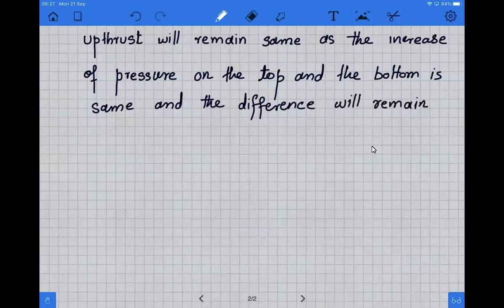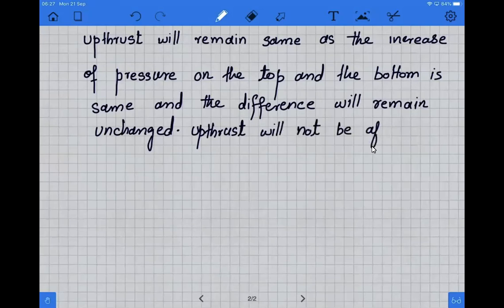Hence the difference will remain unchanged. And upthrust is not dependent on the pressure but on the pressure difference, which is unchanged. That's why the upthrust will not be affected. Upthrust is not affected by increasing the